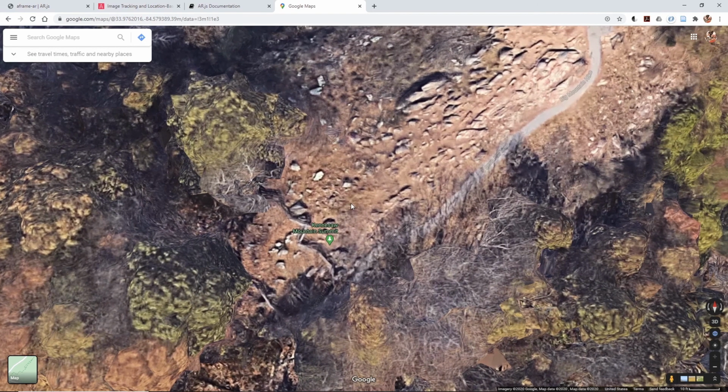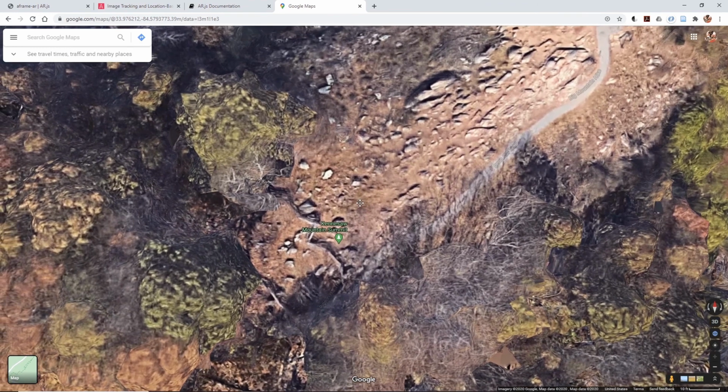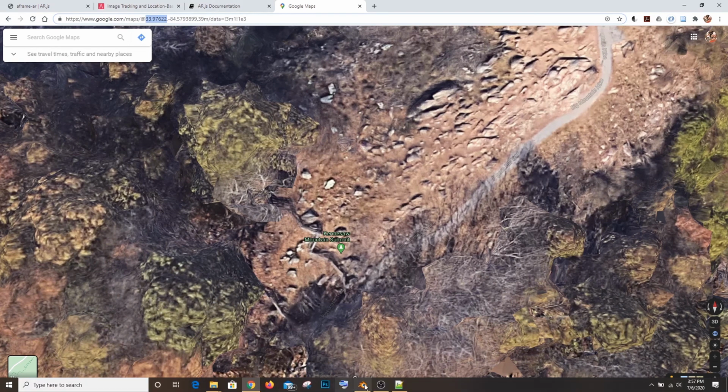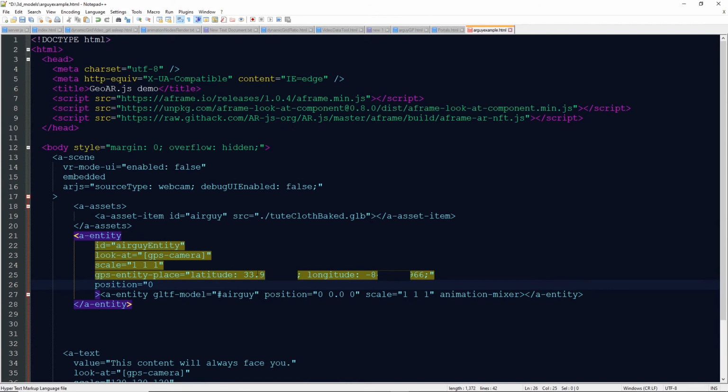So if we take this and just move this position, whatever's in the center of the screen will end up being the output here. So here's our latitude. Go into our file, paste it, and then